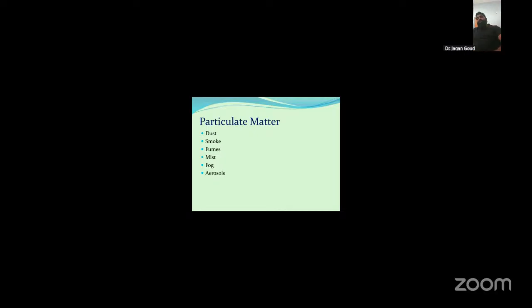Okay. Sixth one is aerosols. Aerosols is the general term for solid and liquid particles suspended in air, including both natural and anthropogenic particles. Types of aerosols are primary aerosols like dust, sea salt, and soot. Okay. Secondary aerosols, examples are sulfates, nitrates, and secondary organic aerosols.